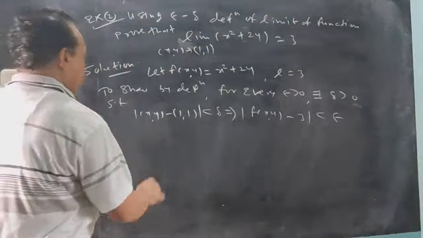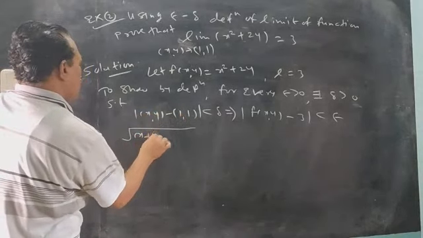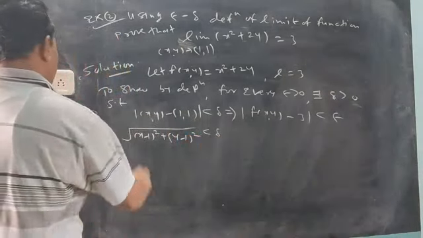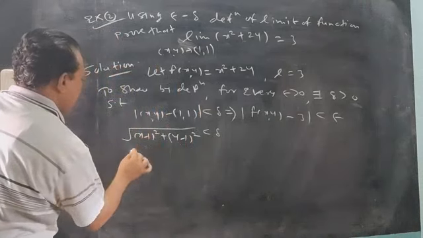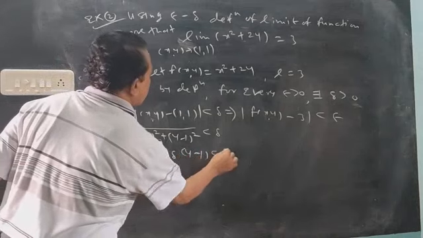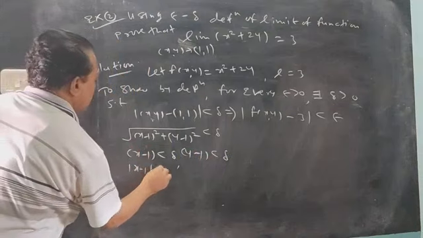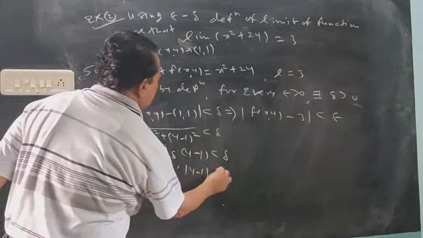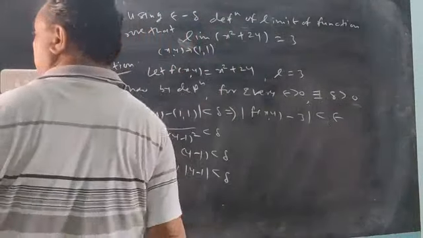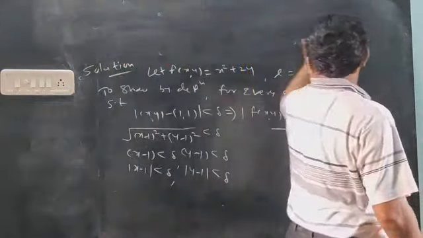Again, the meaning of mod is the distance formula: x minus 1 whole square plus y minus 1 whole square, under a root, less than delta. So the root of the whole square being less than delta means the factor x minus 1 must be less than delta and y minus 1 must be less than delta. Therefore their mod is also less than delta. So I want to use these factors. This is given to you. Now we have to show this, so take this as the consideration. What we have to show, we assume.